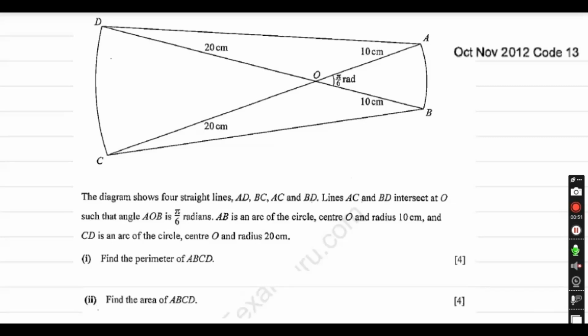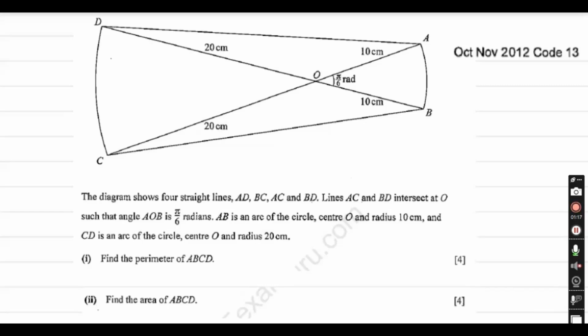AB is an arc of the circle center O and radius 10 centimeters, and CD is an arc of the circle center O and radius 20 centimeters. Find the perimeter of ABCD. Perimeter means find the length of all the sides AB plus BC plus CD plus